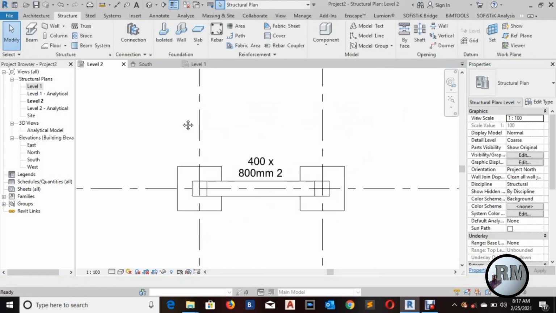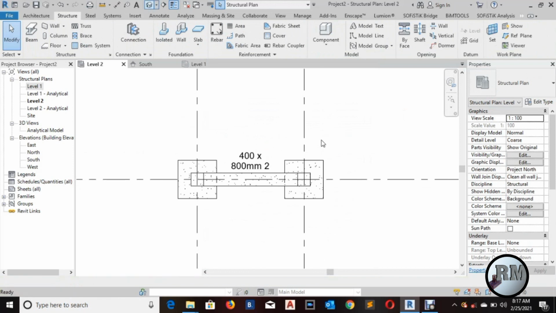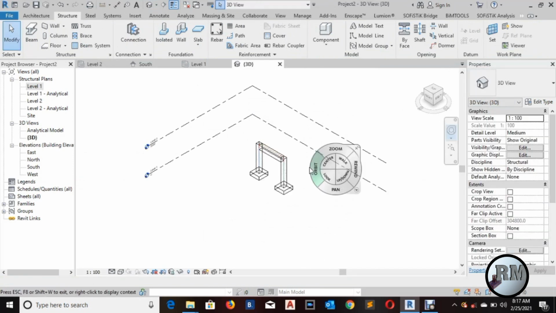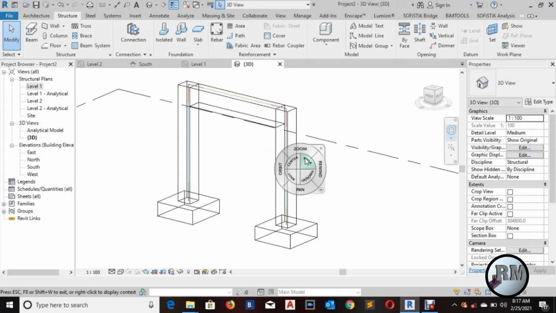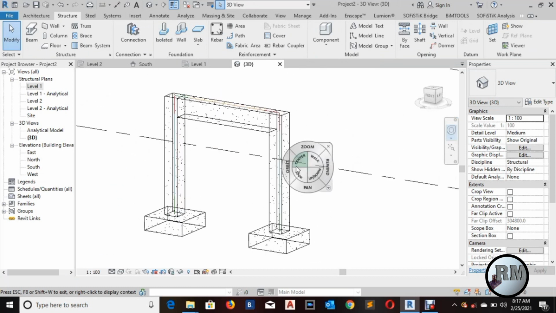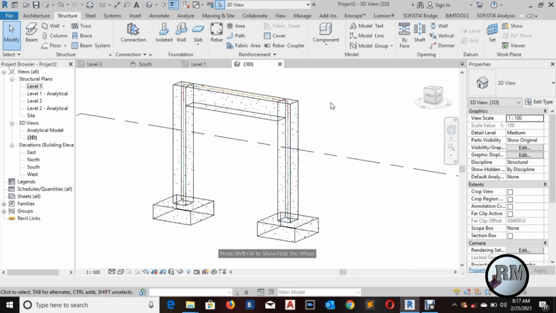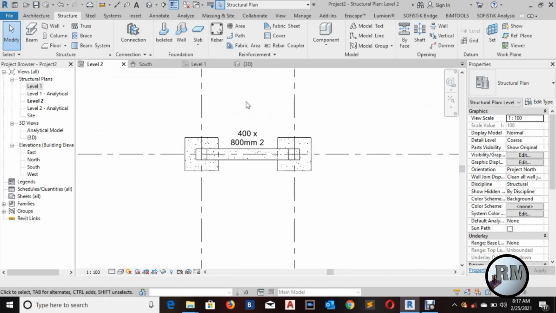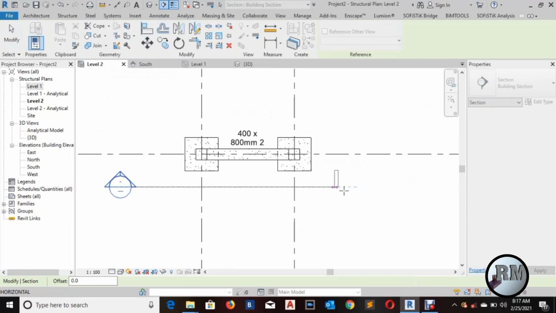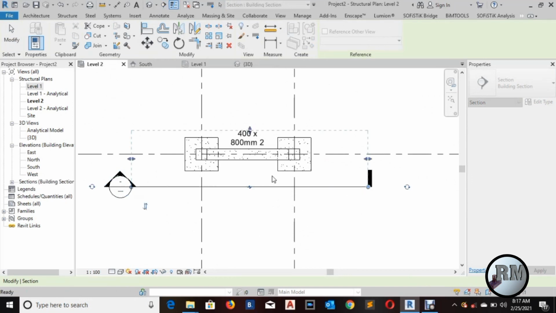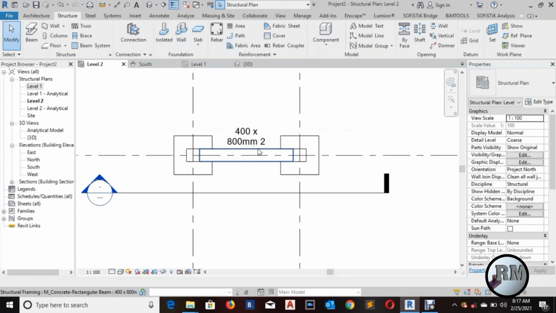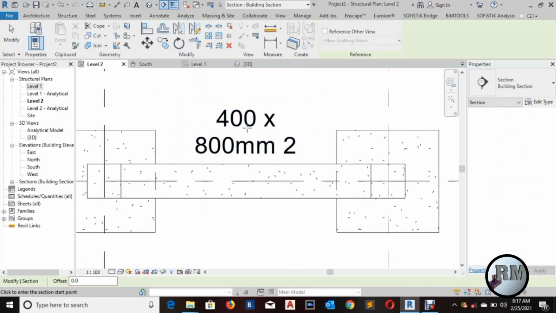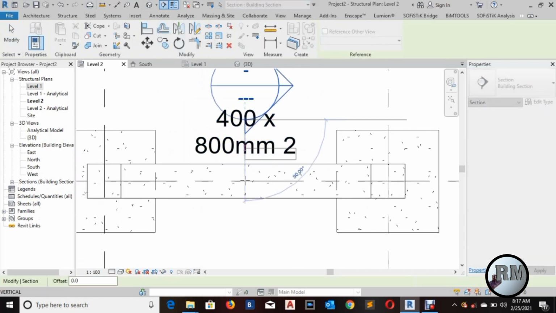Here we go. Now we're just gonna go to the 3D view and see what we have. And this is what we have. Now it's time to reinforce this bad boy. Now we can just go to level 2 and set our sections. Now go to sections, and our first section you can just place it like this, and go to sections again, and you can just place it right in the middle of this beam like this,